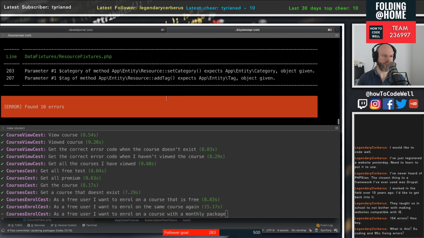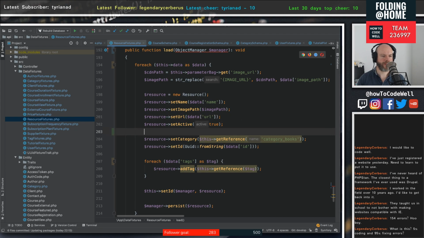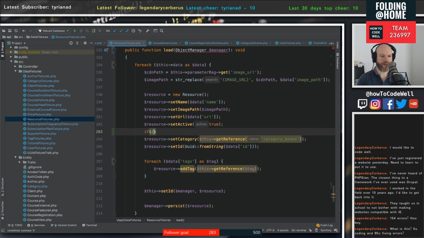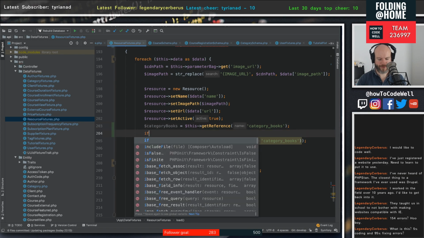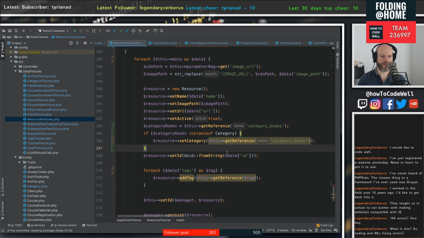Now, this is resources fixture. Aha, yes. So if... what are we looking at? Category books. Okay, so I need to evaluate that or assign that to a variable. If category books is an instance of category, good stuff. Down here,